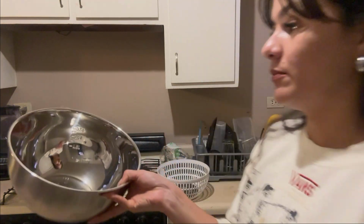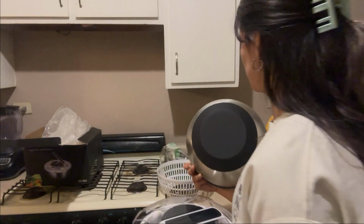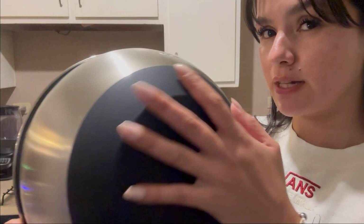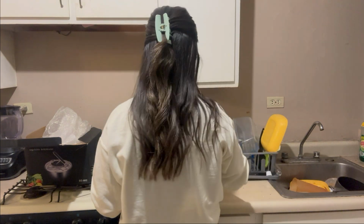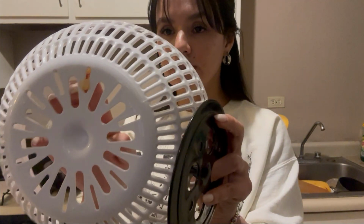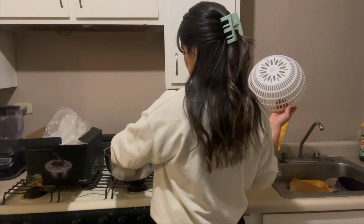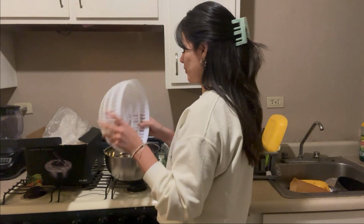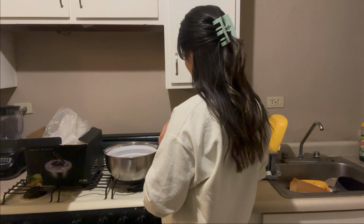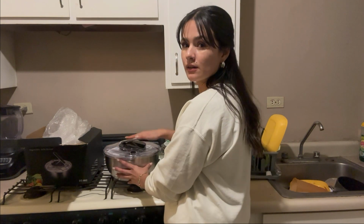So this is the recipient, it came with this number, so you have to know how much liquid is inside. It obviously has this part that is anti-slip, so you don't have to worry about accidents in your kitchen. In this part, here is where your vegetables go, and this part is here to help your product move in circles. And you put this here, and with this part,